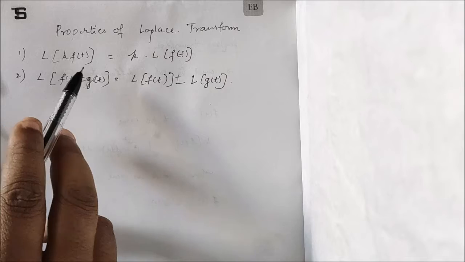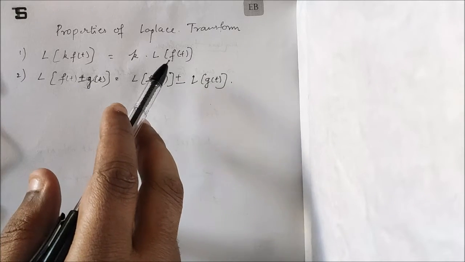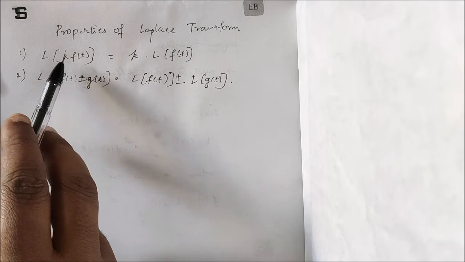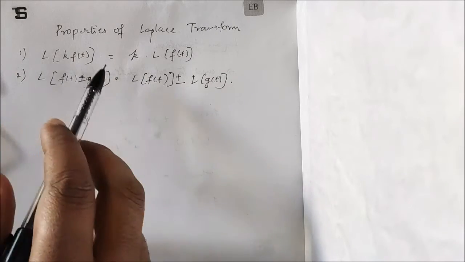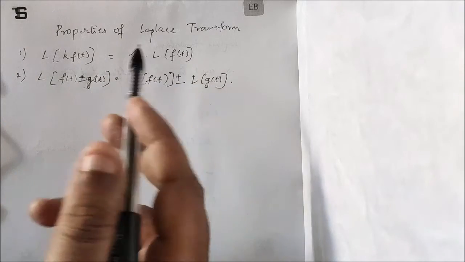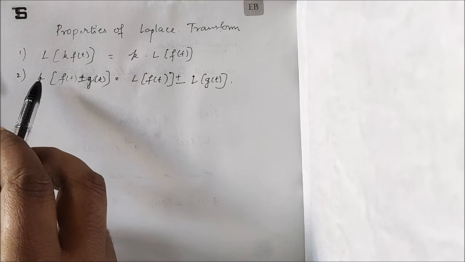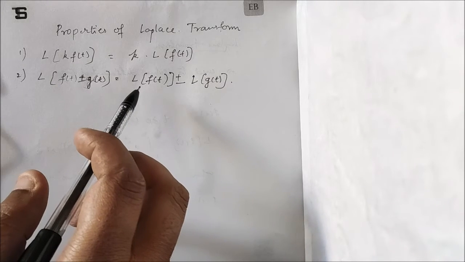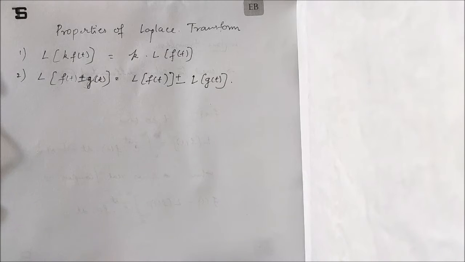These are the two properties of Laplace transform we are going to discuss now. One is when a function is multiplied by a constant, it's always equal to constant into Laplace of f of t, and if there is a combination of two functions given in a Laplace form, then we need to individually Laplace them and assign the plus or minus